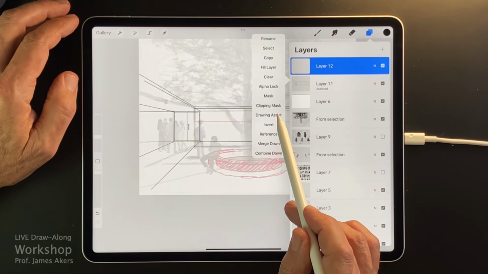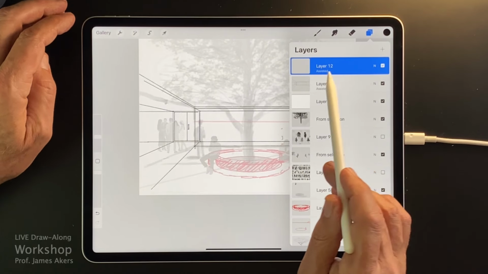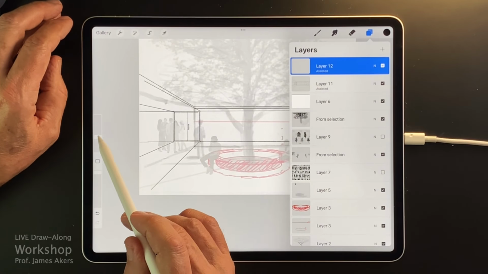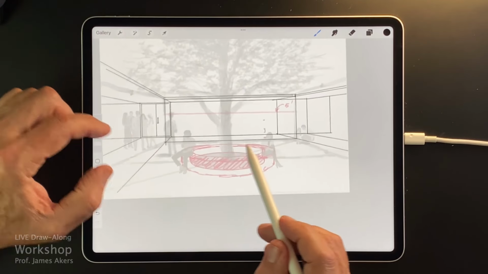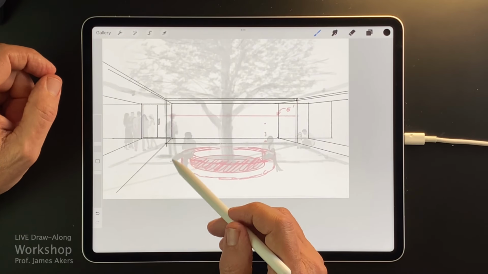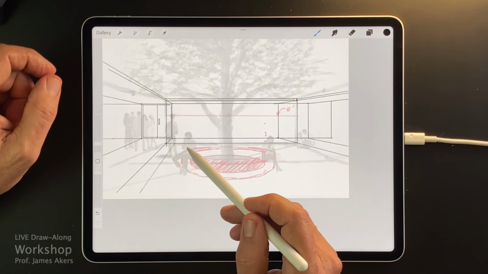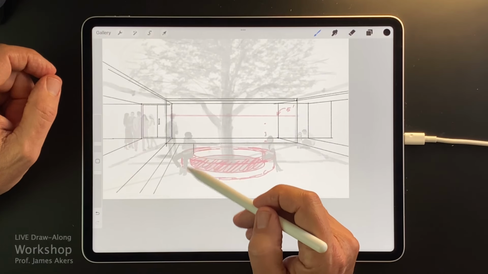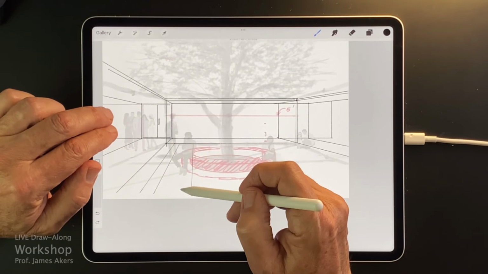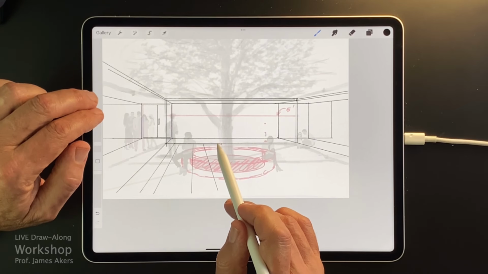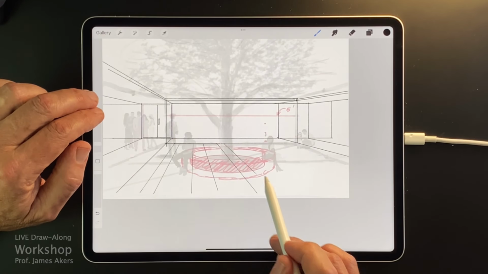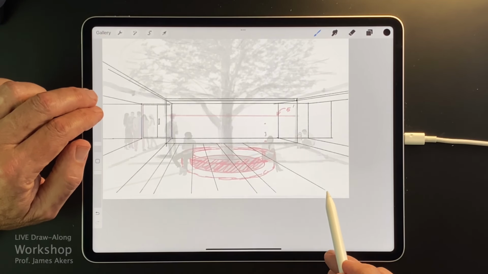Also, I need to make it Drawing Assist because I want to draw this paving relatively quickly. And I'll reduce the size of the pencil a little bit. And I'm just going to go right over everything, I'll make it sort of random ashlar. Oops. Yeah, there you go. Sometimes it surprises you when you find out where the vanishing point was as you draw these things.